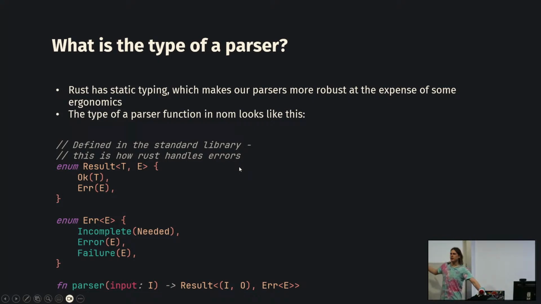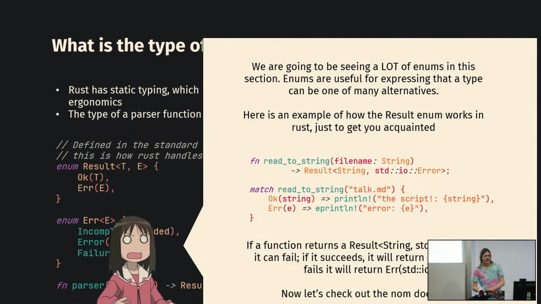So Rust has something called an enum. And you might be familiar with this if you've ever used Haskell. It's basically a sum type. And this has so many different names. It's called a data type, a sum type, an enum here, a tagged union. Anyway, we're calling it an enum because that's what Rust calls it. An enum represents that a type can be one of multiple alternatives. So in this case, we have this result type, which could be OK, containing a T, or error,